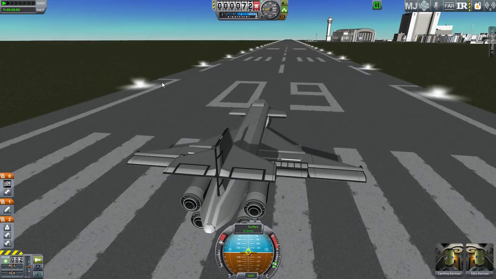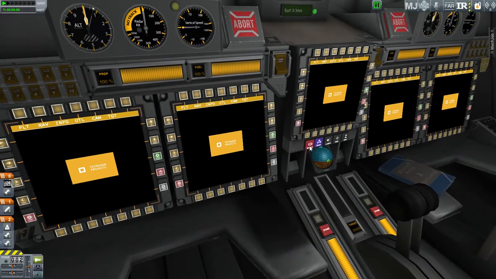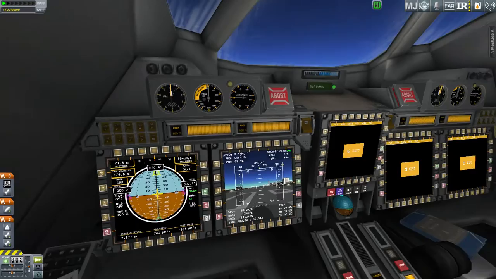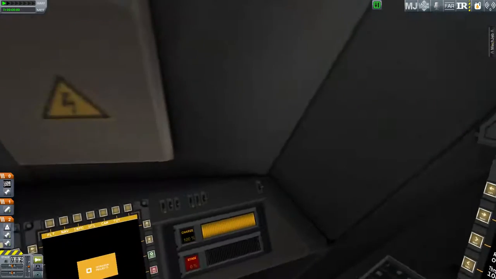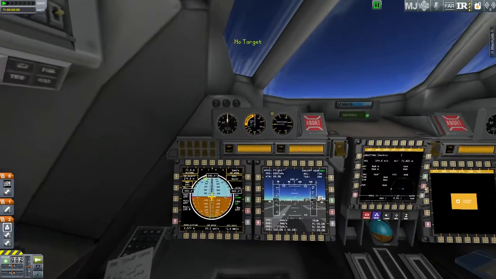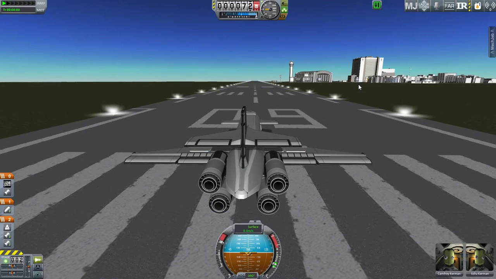So, I gotta turn my stuff on though in here. And let's get down to the brakes, so the plane stops. PFD. Orbitals. Atmosphere. Altitude. And reserves. Brakes off. Engines at full. And...